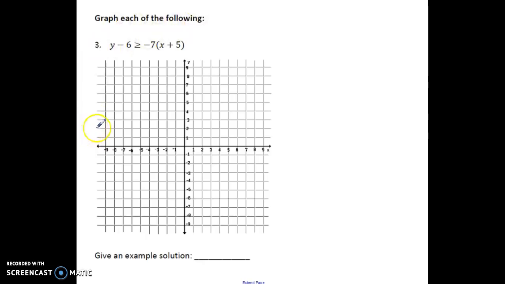So number 3 on your paper, this is actually point slope. Do you guys remember? Judging by the name, it gives you a point and it gives you a slope. So looking at this, the point that we get from this equation, remember it's always the opposite of what you see happening to x and y. So x plus 5 means the point will have a negative 5 for the x coordinate, and y minus 6 means positive 6 will be the y coordinate. So we can graph negative 5, 6,